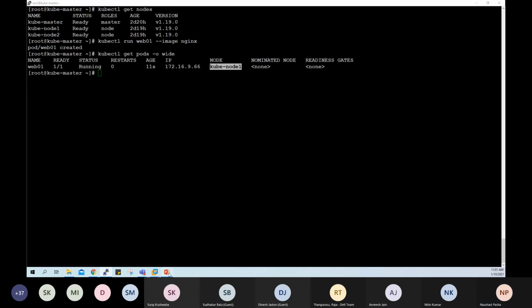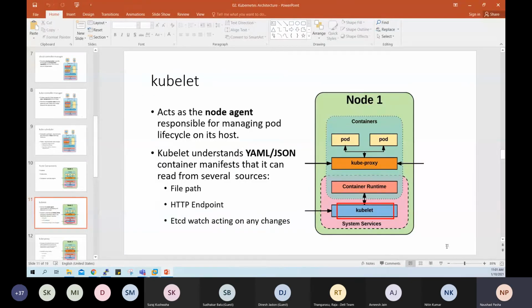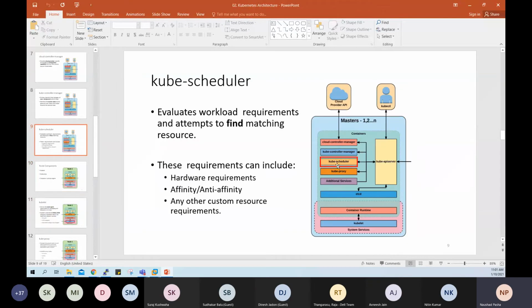So once the kube API server hands over the requirements to the kube scheduler, the kube scheduler identifies the best node on which the pod can be scheduled.